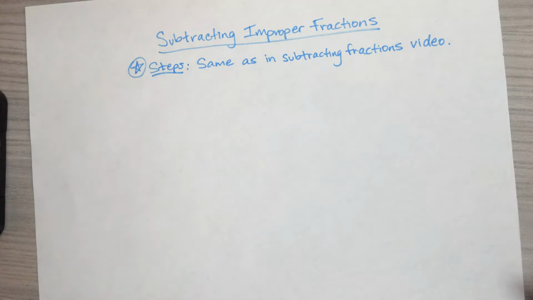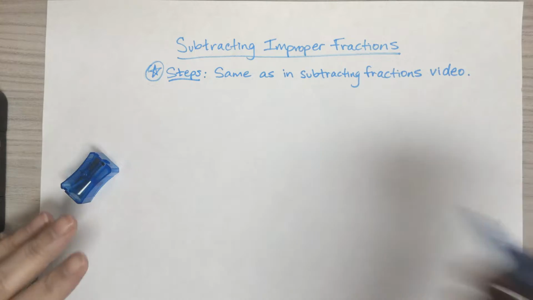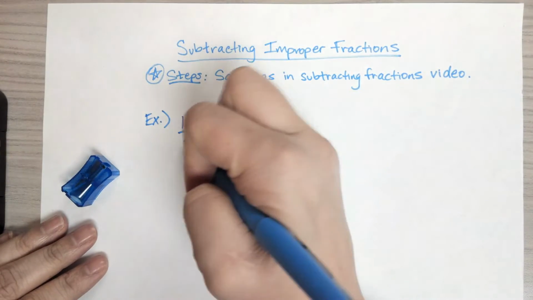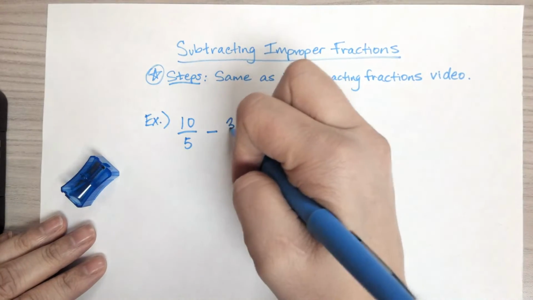Miss Stutz here, and for this video we're going to be talking about subtracting improper fractions. And so we are going to go ahead and follow those same steps that we did in the last video I did, where we were just subtracting fractions, or like proper fractions, right? And so for this we will go with an example here, and I will start with 10/5 minus let's say